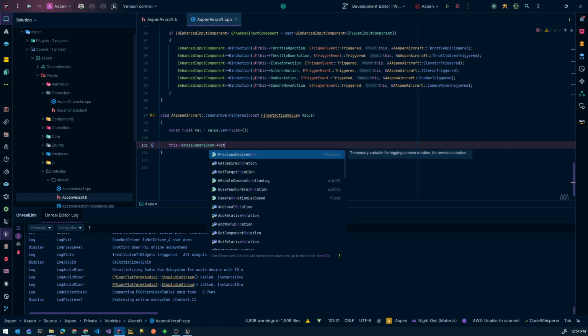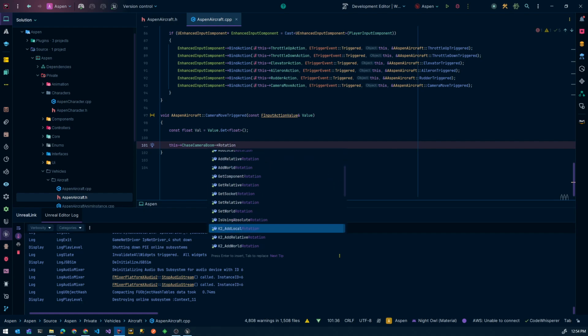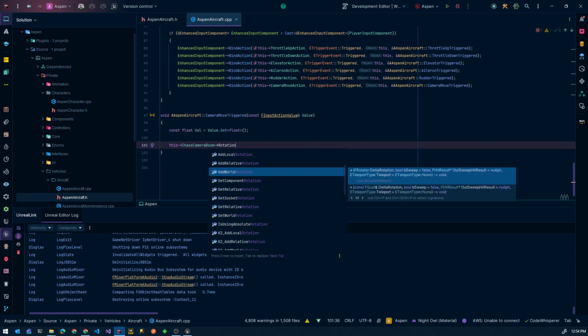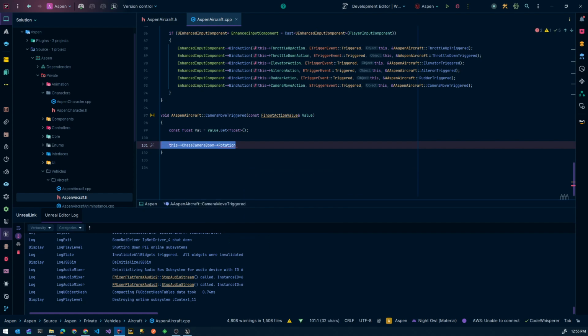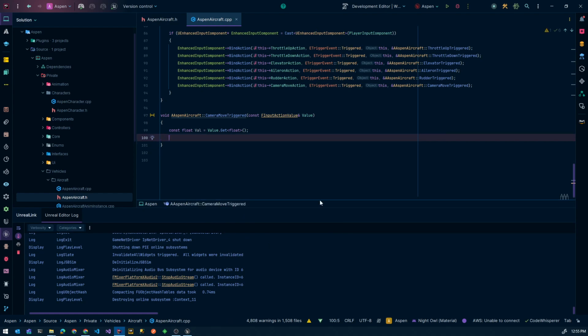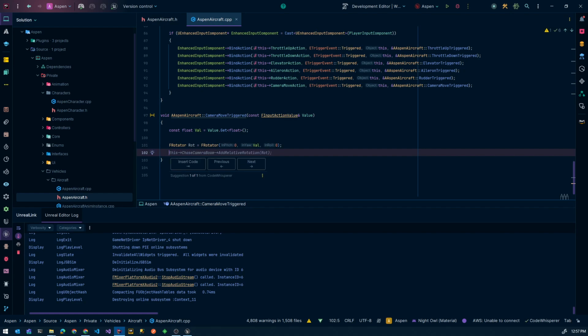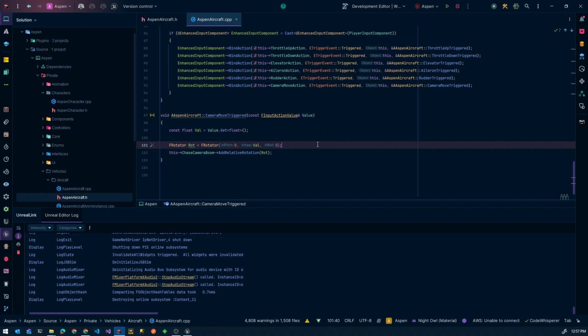I want to set the rotation. Which one do I want to set? I think what I want is to make a rotator and then add relative rotation. I'm going to try that. I'm not sure if it's going to work, but